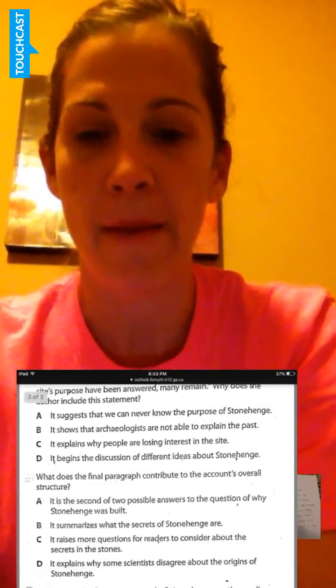Another question that might be asked right here is similar to this one, and this is going to be very close to what your constructed response question will be like. It asks you to explain how the first two paragraphs fit into the account's overall structure. Cite at least two details from the text to support your explanation. In order to do that, it's very important that I, of course, go back to my passage and look at